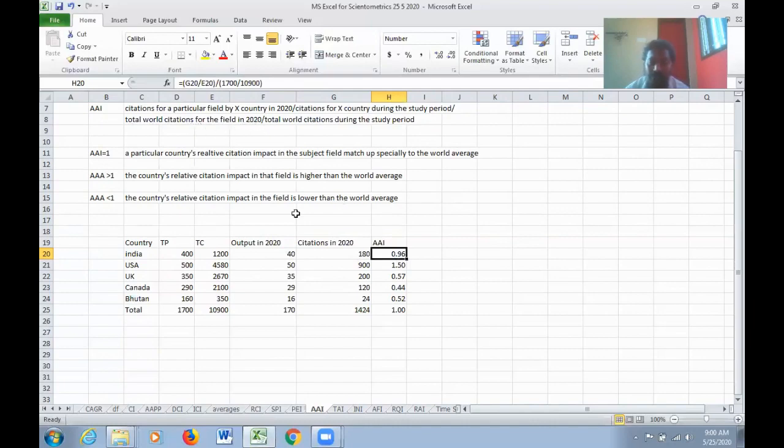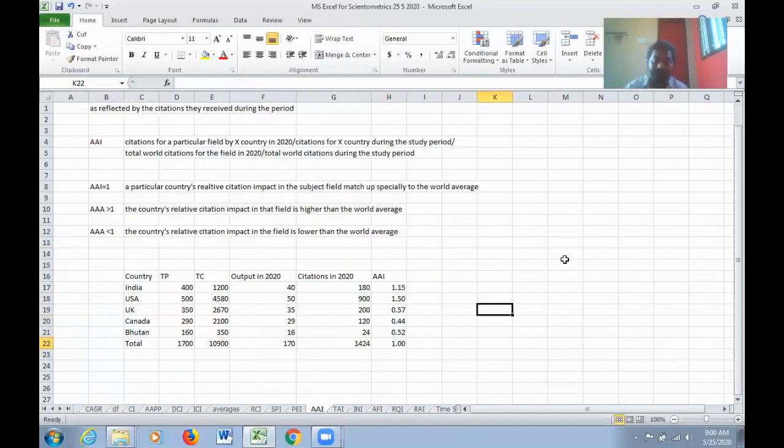What is the total world citations? 10,100. So what is that? This is total world citations in 2020. If you take 2020, what is the total citations? 1424. I think my first number is correct. 1424 is the total citations in 2020 divided by total world citations. What is the total world citations? 10900. So this tells you the attractive index, to what extent our contributions, our publications are attracted by